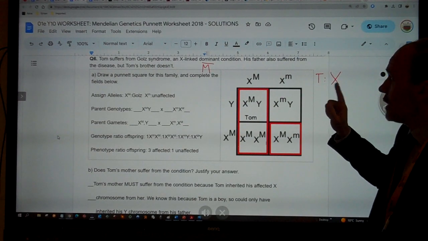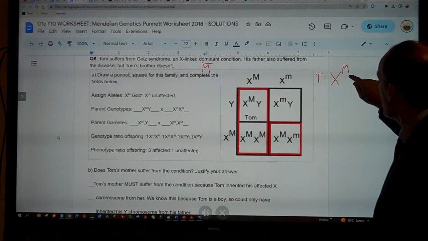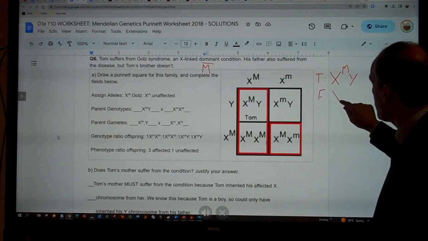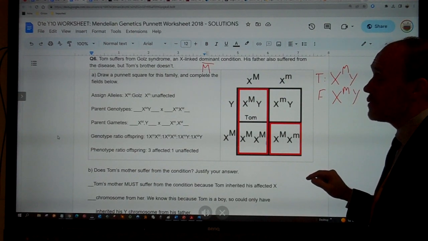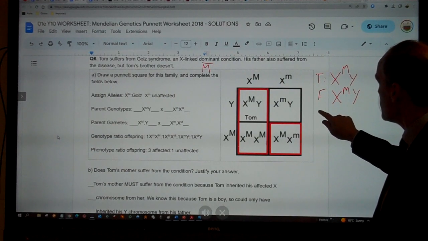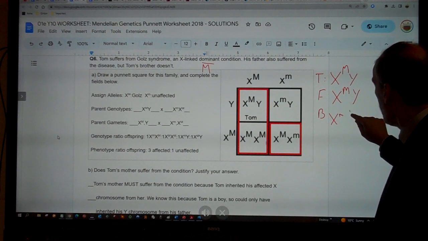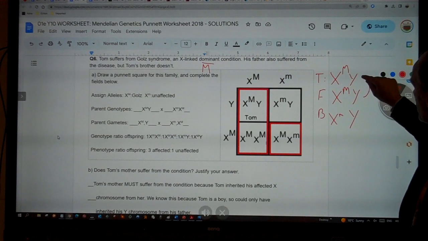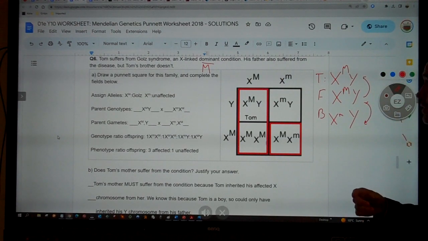It's X-linked, so he must be X, big M and Y. The father also suffered from the condition, X, big M, Y. Now, Tom's brother doesn't have the condition, X, little m, Y. Now remember, the father is giving the Y in each case to his sons, which means the X